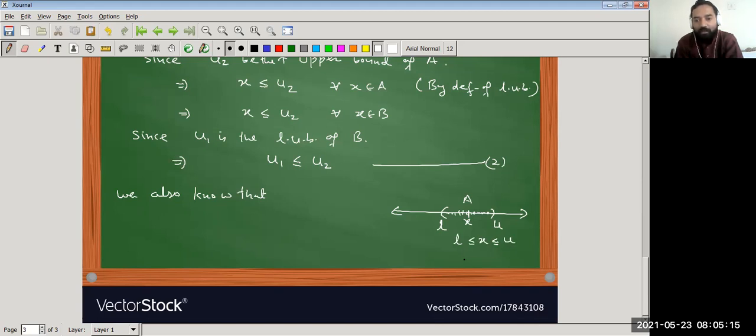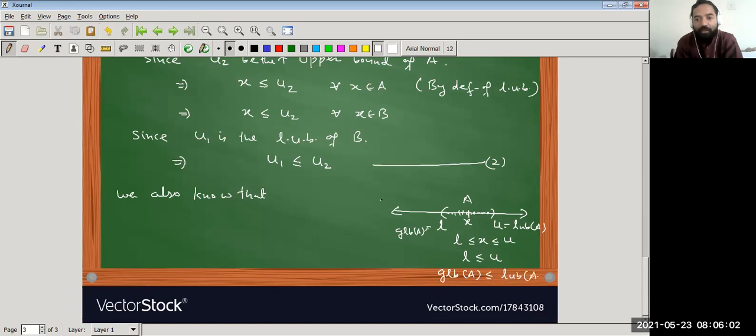तो एक रिलेशन हमारे पास GLB और ये क्या है, GLB ऑफ A, और ये क्या है, LUB ऑफ A, लीस्ट अपर बाउंड ऑफ A. तो एक रिलेशन हमारे पास आ गया कि L इज ऑलवेज लेस एन इक्वल टू U. हाँ, इक्वल एक केस में हो सकता है, ग्रेटेस्ट लोअर बाउंड और लीस्ट अपर बाउंड एक केस में इक्वल हो सकते हैं, एंड द सेट इज सिंगलटन सेट. उस केस में क्या होगा, दोनों लीस्ट अपर बाउंड और ग्रेटेस्ट लोअर बाउंड सेम हो सकते हैं. तो हो सकता है कि सेट सिंगलटन हो. अगर सिंगलटन नहीं होगा तो ग्रेटेस्ट लोअर बाउंड ऑफ A is always less than least upper bound of A. So we construct a relation that GLB of A is less than equal to LUB of A.